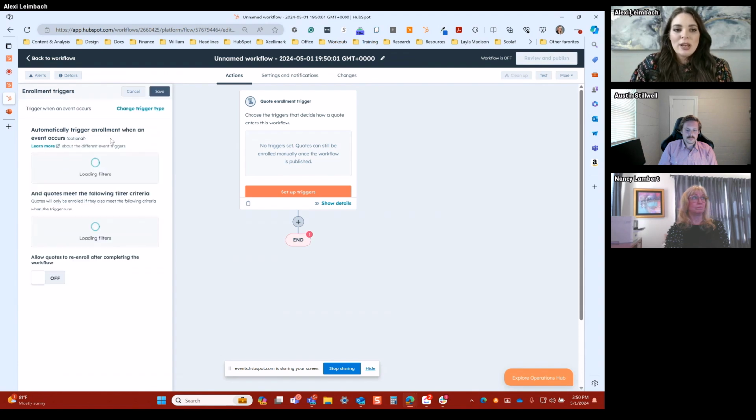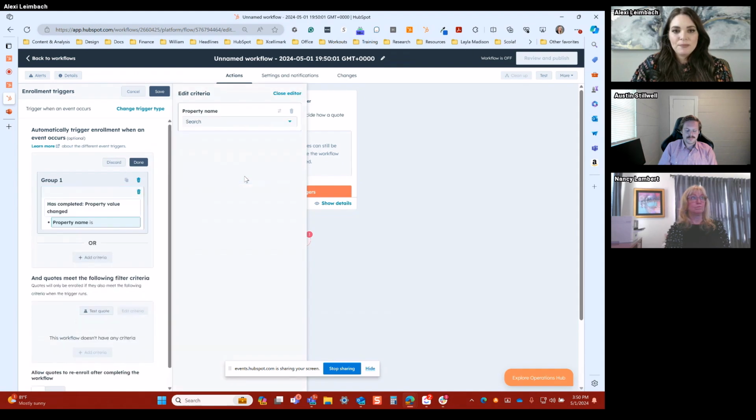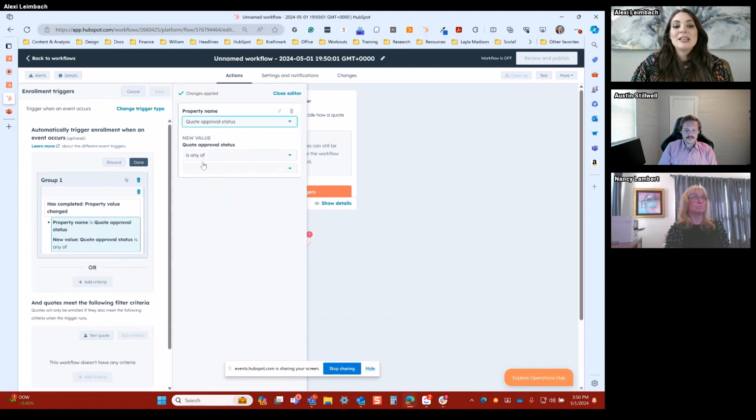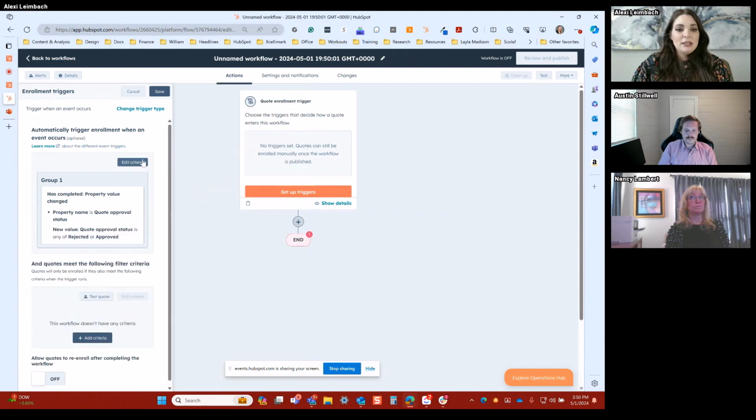So we'll say when event occurs, and we're going to say when a property value has changed. And I'm going to search for approval. Quote approval status has changed, and you'll see there's a lot of other statuses as well. What I care about is if it has changed to rejected or approved. And then I'll click done and click save.